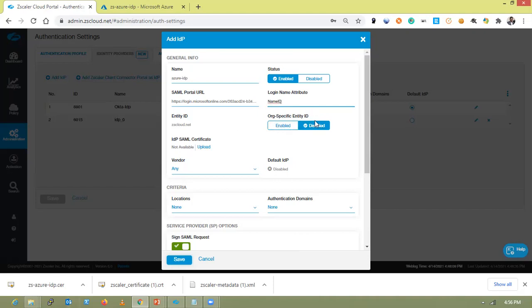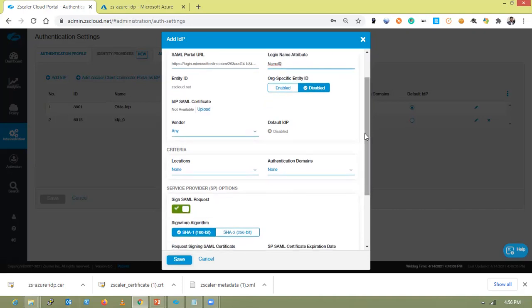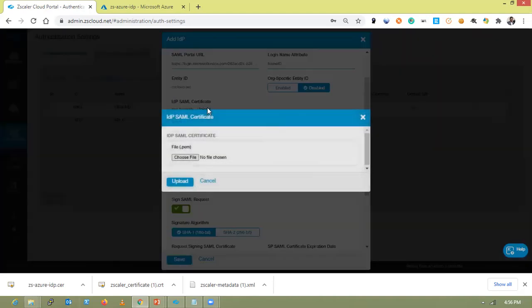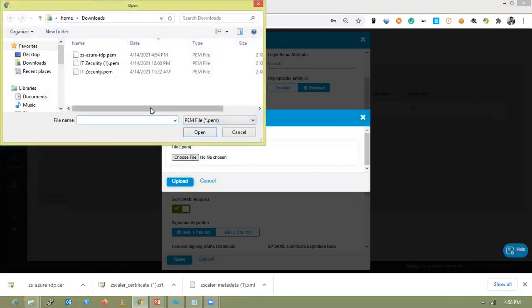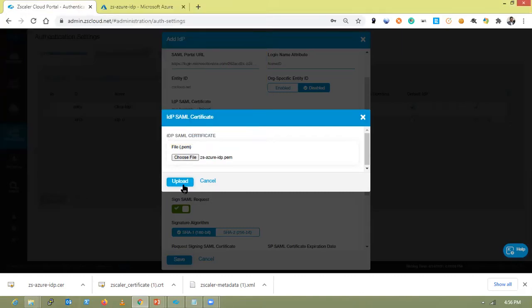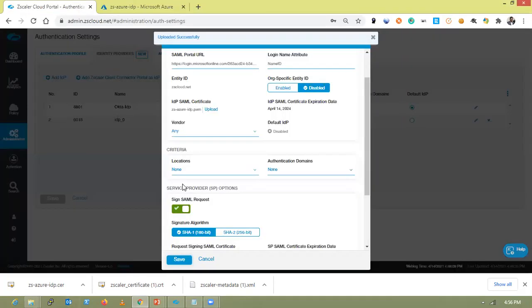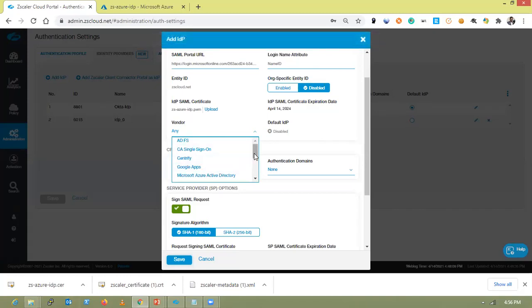We can disable this org entity ID and upload the IDP SAML certificate which we downloaded from the Azure portal and click upload. Vendor will be Azure Active Directory.